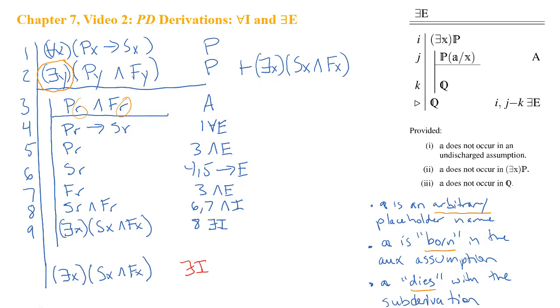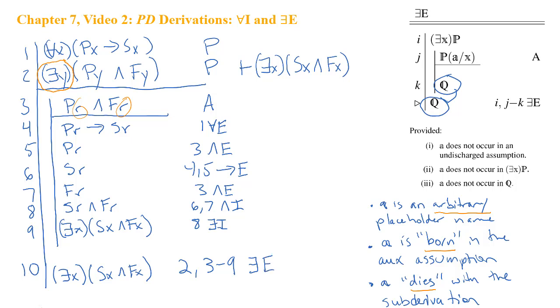So now we are able to take that formula and exit the subderivation, which means that on the main scope line in line 10 we'll have the exact same formula. Notice that's exactly what happens here. As long as that Q meets this restriction and we've met the other restrictions, you can just move it out one scope line. And we call that, or the justification for that, is line 2 and the subderivation 3 through 9, existential